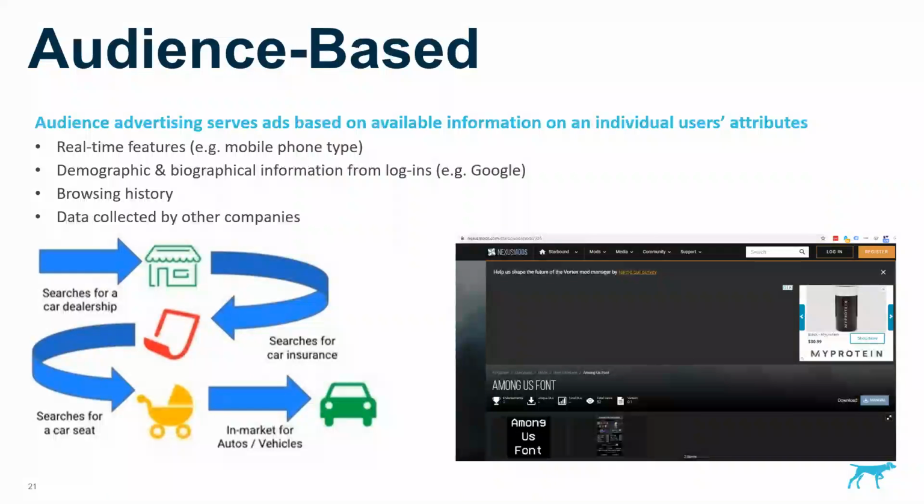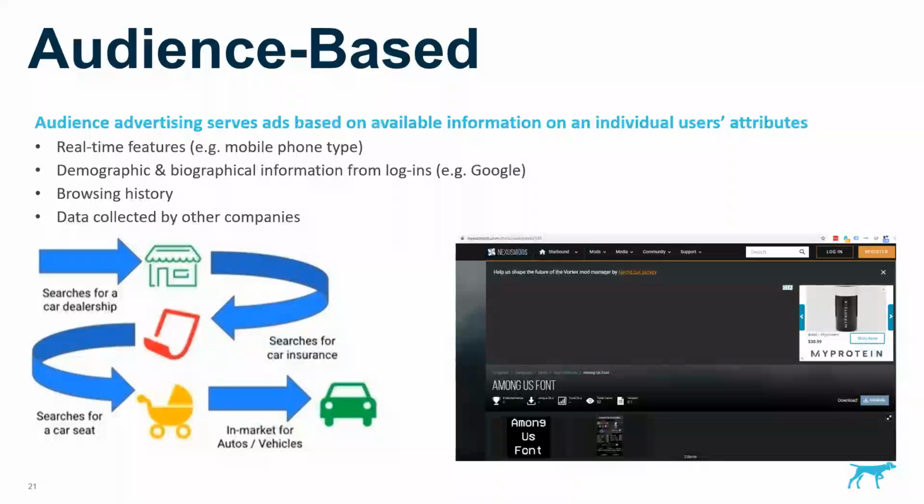Browsing history, this is quite an important one, as it can really influence what ads you're seeing in terms of Google's data. If you've been searching for a car dealership, car insurance, a car seat, all of those are steps in a journey that tell Google that you're essentially in market for a car. None of these are 100% guaranteed, obviously, but they're placing you in audience buckets based on likelihoods and how much you fit a pattern of behavior, roads that have been walked by many other people as well. There's also data collected by other companies.